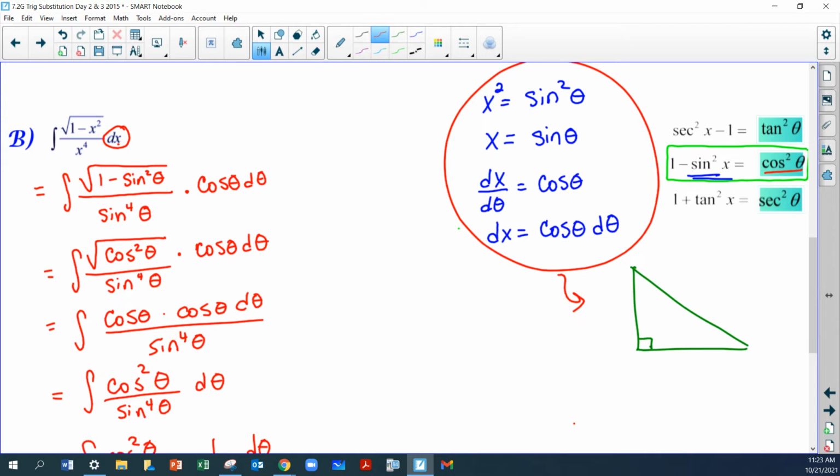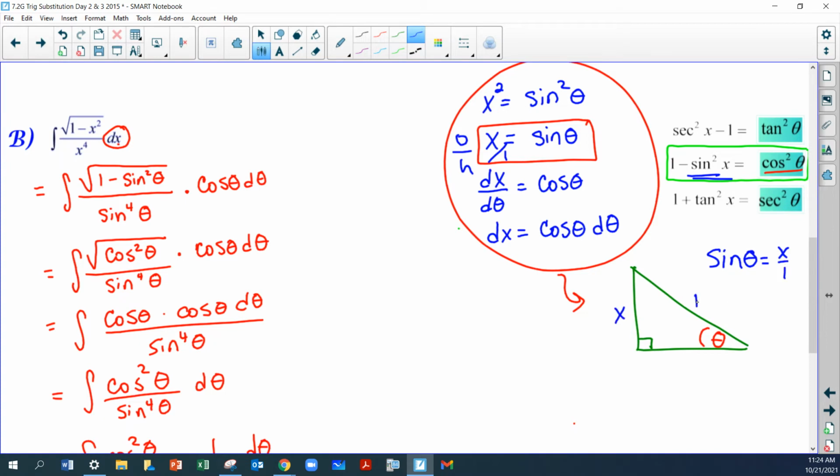Where is our theta? Well, to pick one of the acute angles, I'm going to make it down there. And what do I have to work off of? I know that sine is equal to x. That's like an x over 1, isn't it? And sine is opposite over hypotenuse. So this is all going to be built off the fact that we have sine theta equals x over 1,